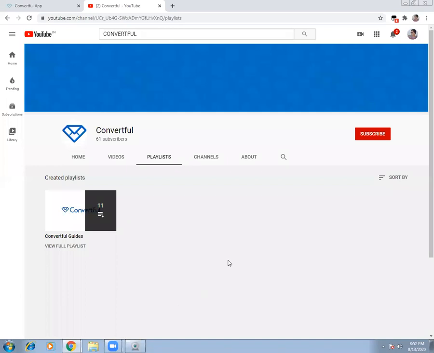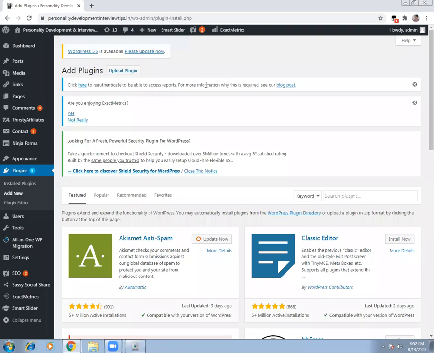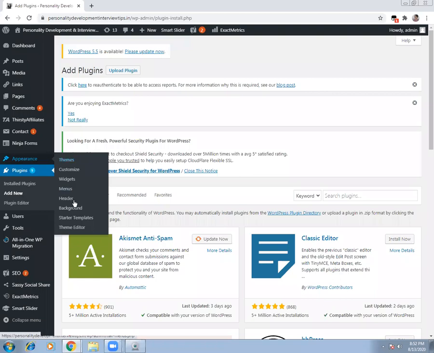So whatever it is, remember guys, the most important section of your website where you need to copy and paste the code is called the head section. The head section is always located here. You go to appearance, editor. In editor, you can edit things. When you go to the editor,